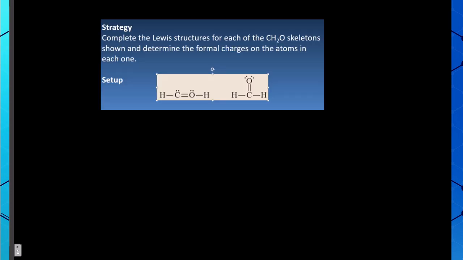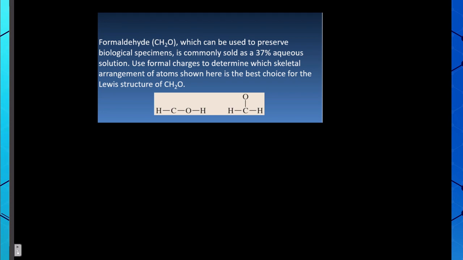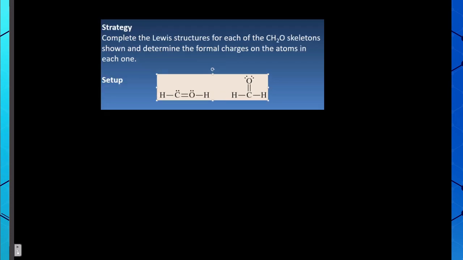However, if we do the example indicated here, if we want to draw the Lewis dot structure of formaldehyde, we can use formal charges to determine which of these skeletal arrangements of atoms is the best choice for a Lewis structure of this molecule. So we can arrange this structure this way or this way, and if we do the Lewis dot structures, we can find out and calculate the formal charge. We can find out what the correct arrangement is. So if we do that and calculate the formal charge,